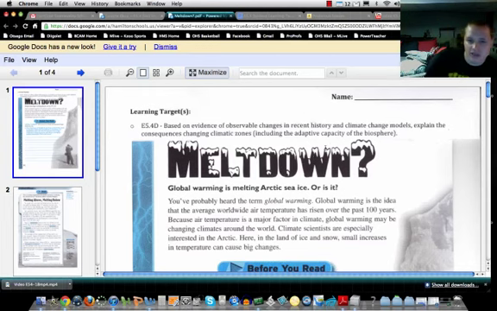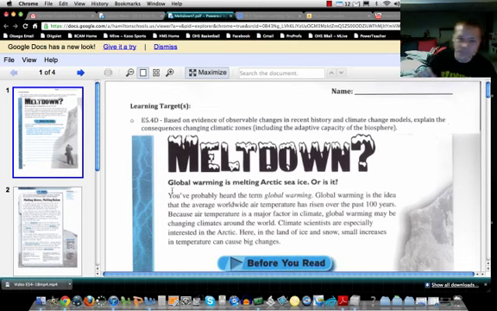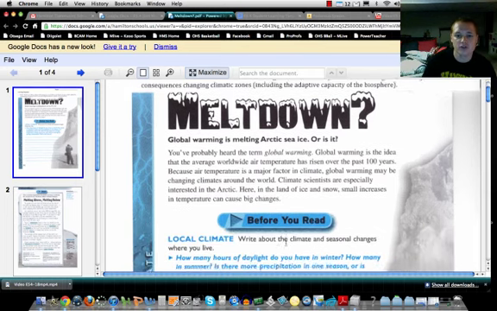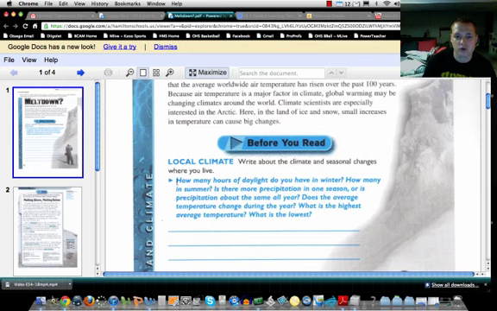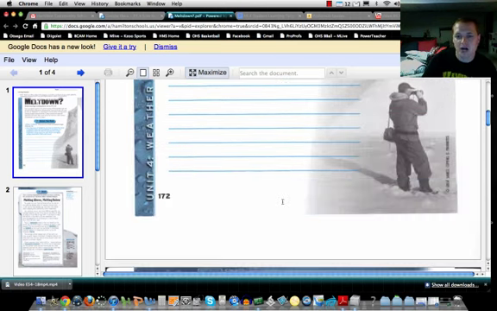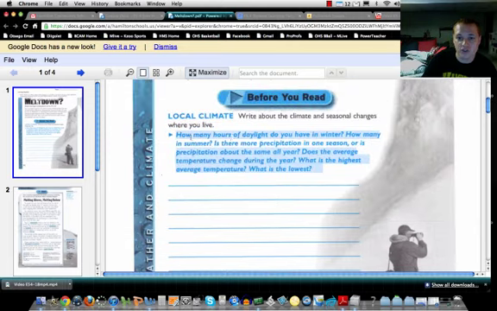The activity is meltdown, and it's a reading activity with some thought-provoking questions to put you in a scenario-based type of example that will allow you to think outside the box a little bit. As you're going through this, you'll be asked to answer questions which are blue on my screen, and maybe for you, depending if you had to print this and did it at home in color, yours will be blue. Otherwise, you're going to see it as a grayish color on your paper. So you'll have some lines to fill in with the questions that you see.